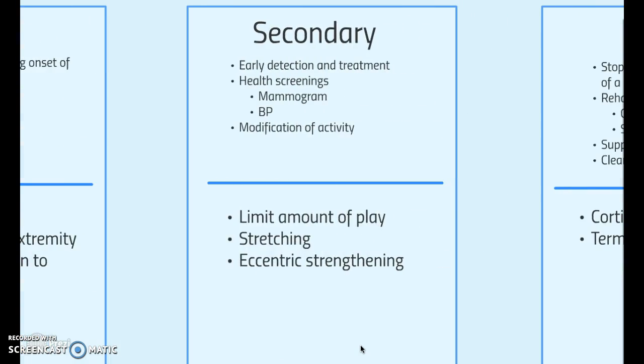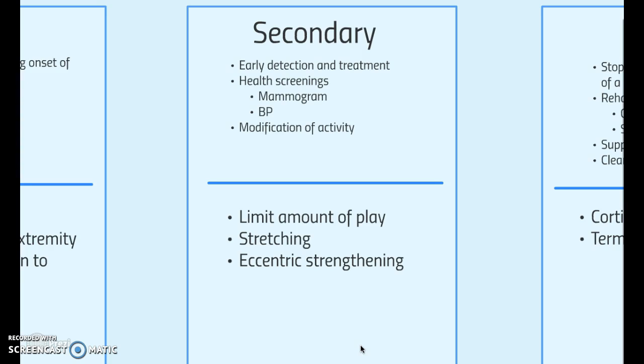In secondary injury prevention, this is early detection and early treatment. This is commonly seen in health screenings such as mammograms and blood pressure monitoring. Also, a secondary preventative measure would be modification of activity. In my example, again, limit playing time, incorporate stretching and eccentric strengthening to help with the symptoms the patient is